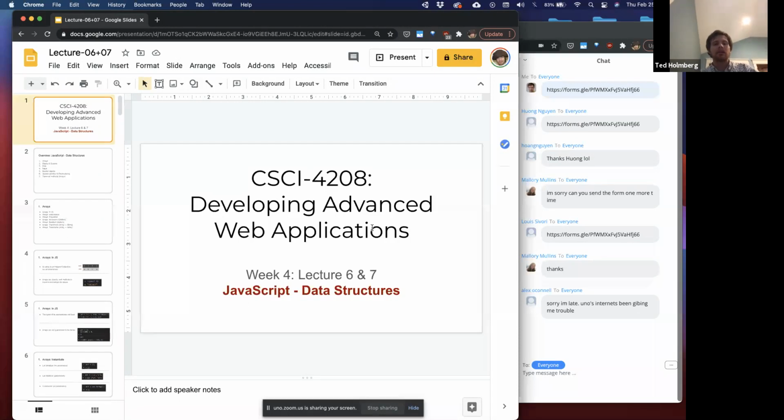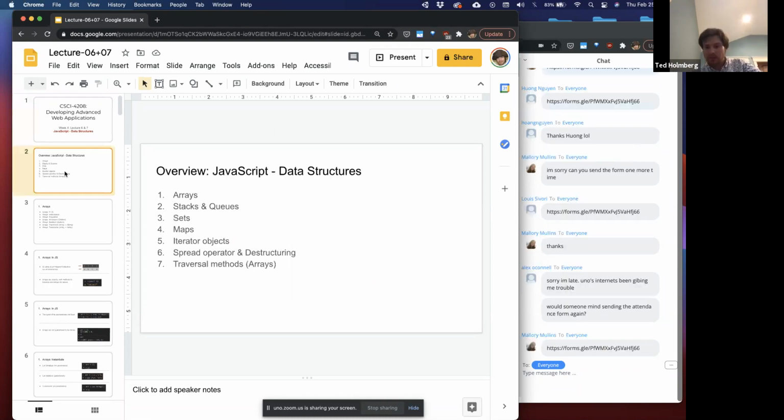So last lecture, we started on the first half of the PowerPoint slides dedicated to JavaScript data structures. Let me get to the overview really quick. We covered arrays, we covered stacks and queues, and we covered sets. So last time we got through the first 3 parts of this PowerPoint presentation. Today I'd like to finish these last 4